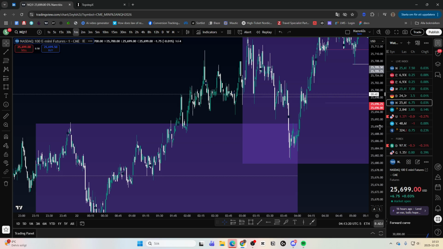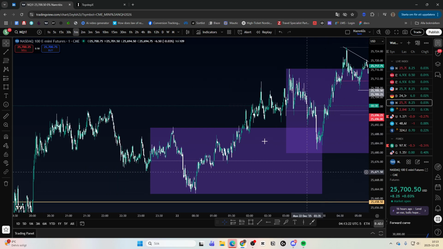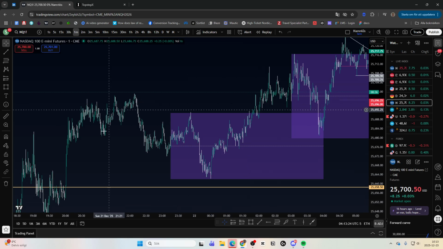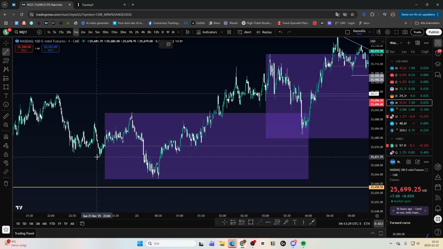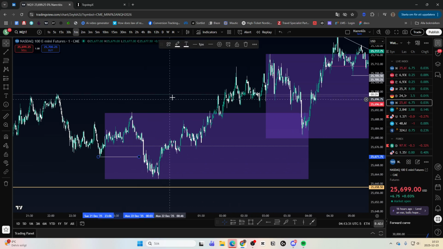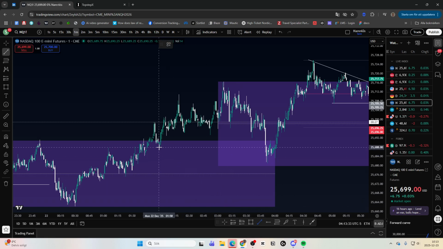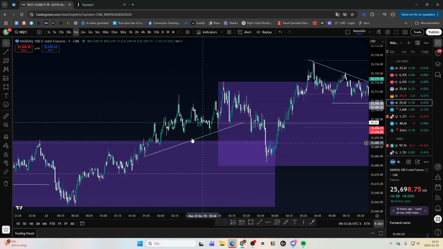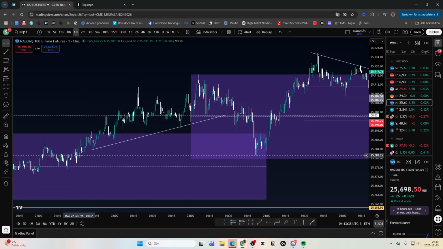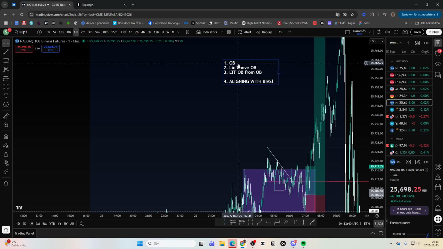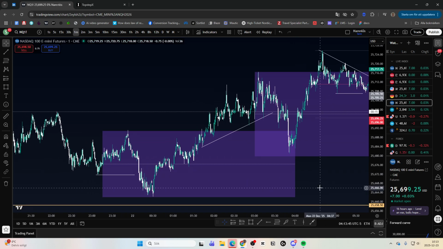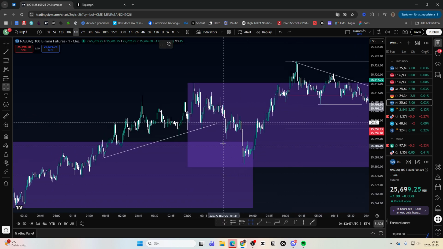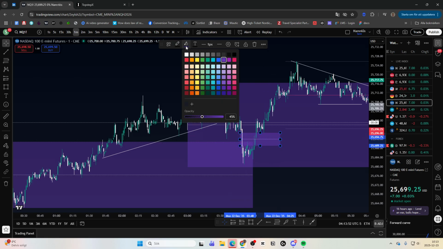We could also have the same method here, right? We have order block right there. Fake up, sweep the lows. Smart money buying, right? In this order block, we have a bunch of liquidity. Okay, so now we have order block, liquidity above order block, and then we're looking for a lower time frame order block from the order block. In this case, actually, we got a balanced price range. That would have been the better